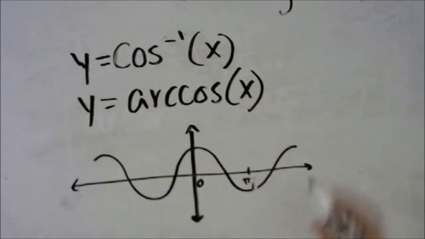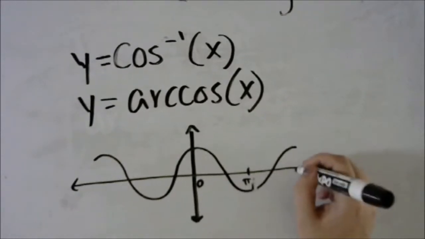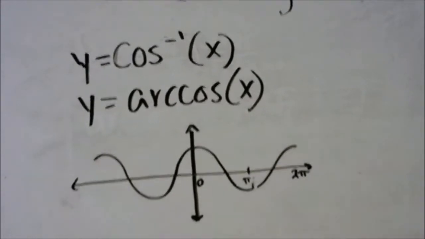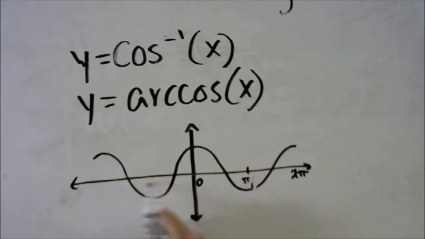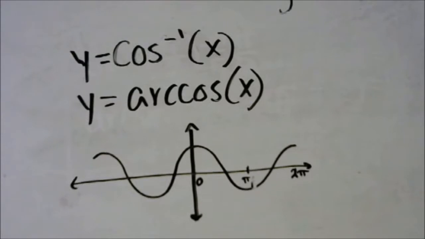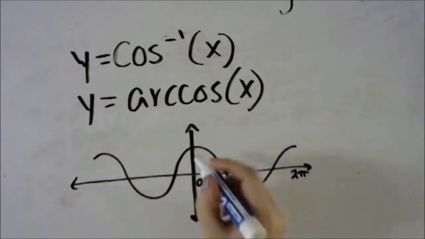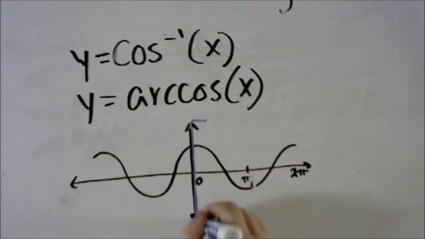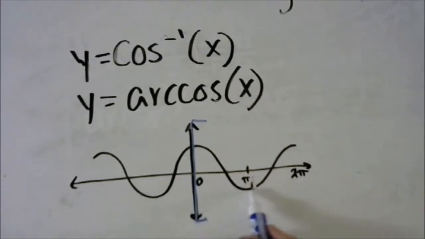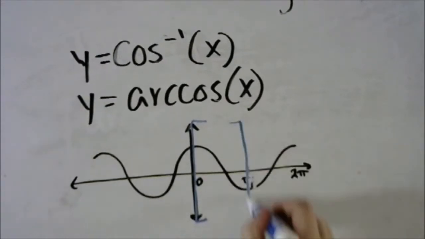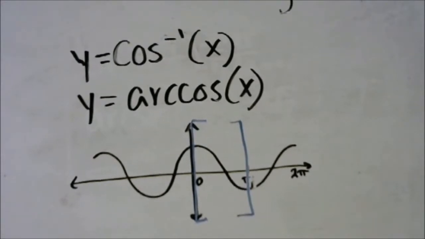However, just like sine, we can restrict the domain of cosine to find an inverse. Unlike sine, we don't need to go into the negatives to make sure that our range doesn't repeat. So cosine starts at 1. And as you can see, these are all of the positive values and these are all of the negative values. So the restriction on cosine is 0 to pi, because from 0 to pi in a continuous curve, cosine does